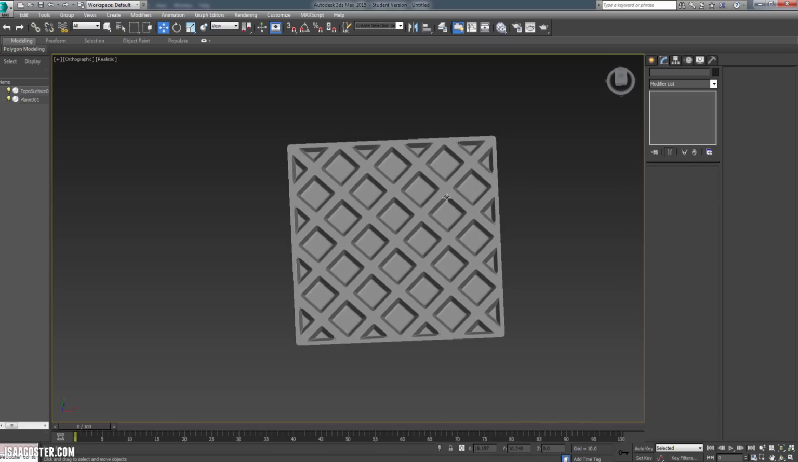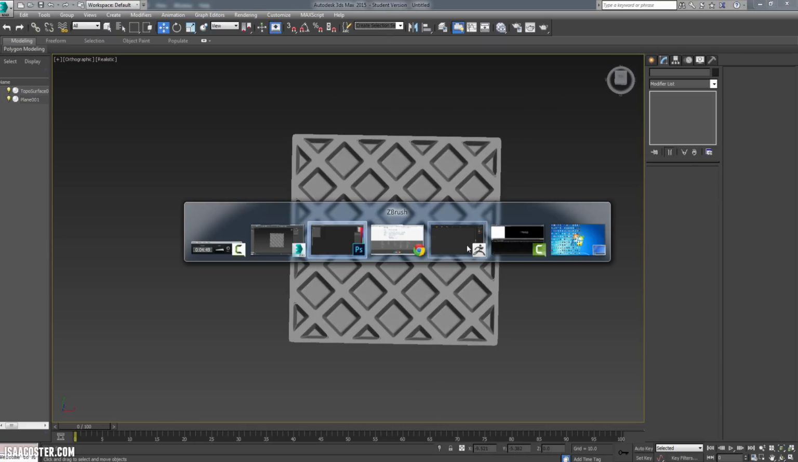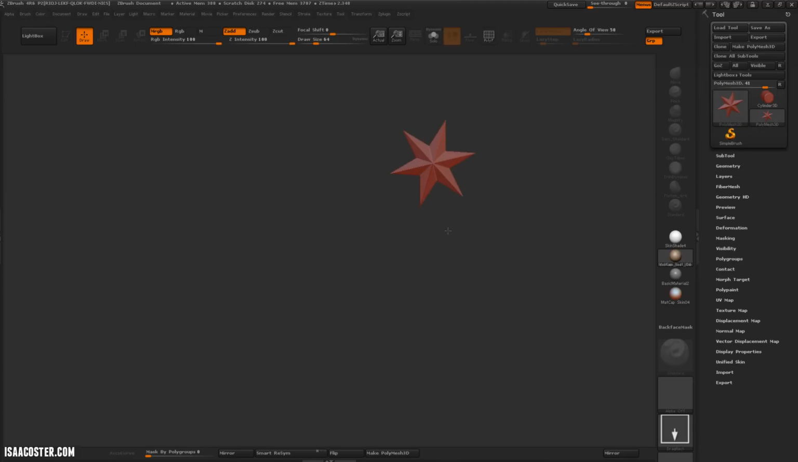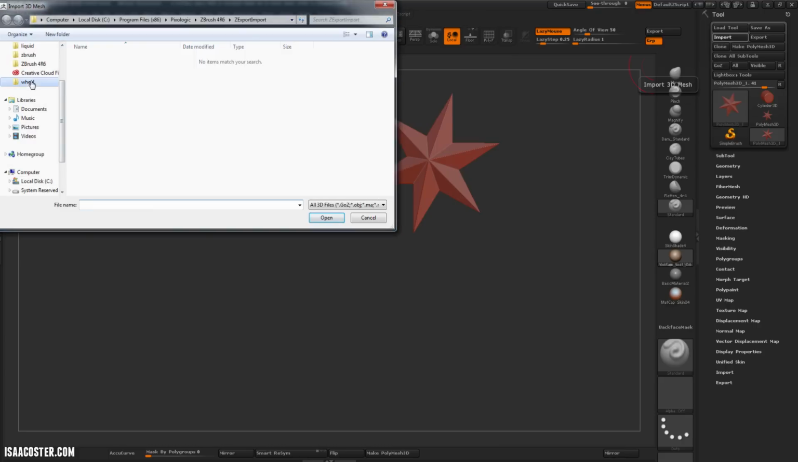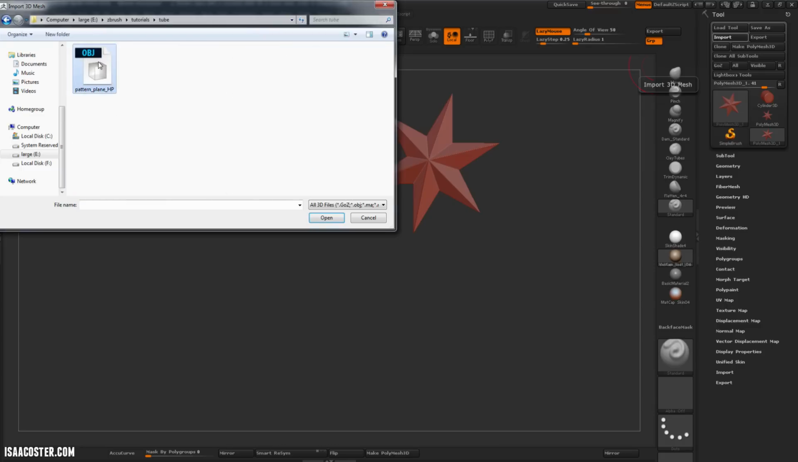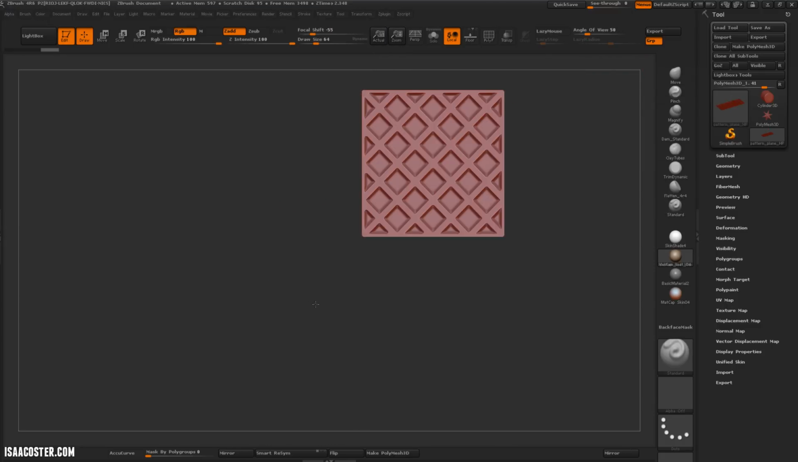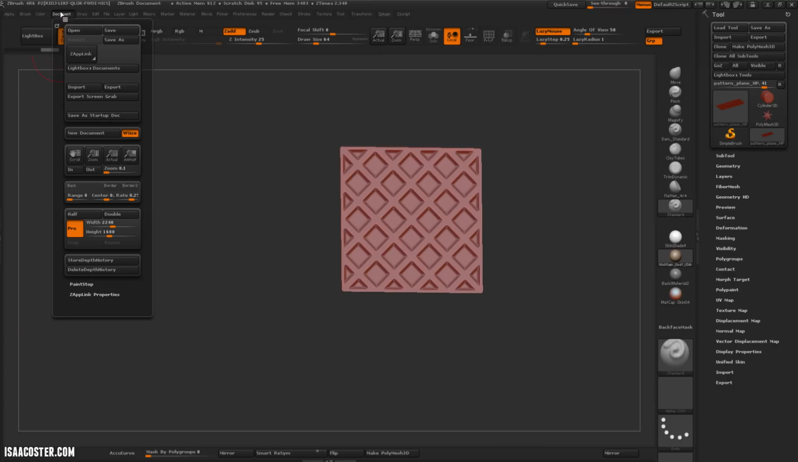Now I've got to generate an alpha off of it, which I'm going to use Zbrush for. So let's hop over to Zbrush, and I'll just put a random piece of geometry there in the workspace to overwrite. I'll go to import. Okay, so there is my geometry, and what I want to do now is change my document size so that